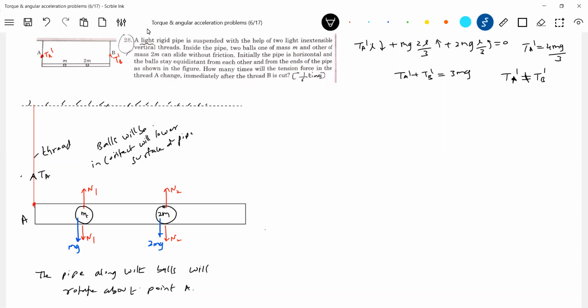In the previous problem, you said it will rotate about the center of mass. Now you are telling it to rotate about point A. To get the answer, what should we think, or is there any reason? If the pipe had mass, it would rotate about the center of mass of the system. Since the pipe is massless, the net force on the pipe is zero. Therefore, the linear acceleration of the pipe is zero, so the system has only rotational motion. Rotation means it rotates about A.